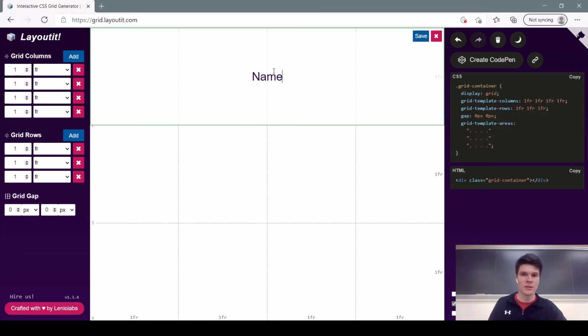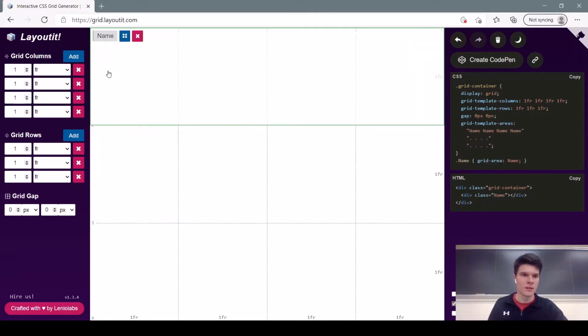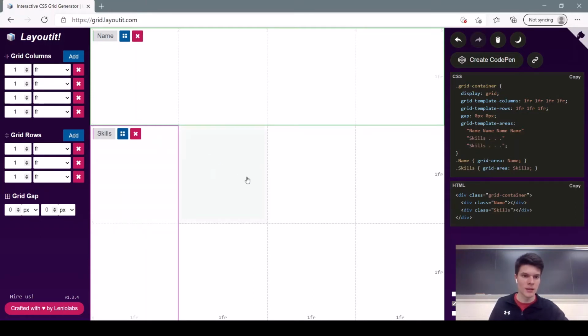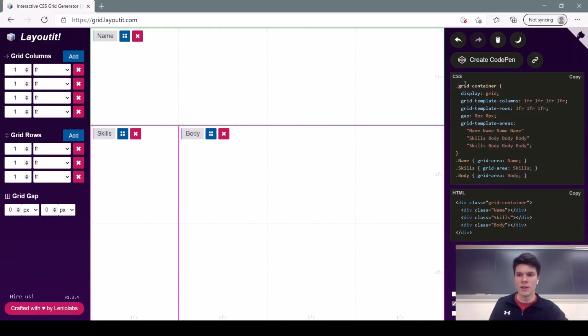name, and skills on the side, so I'll click and drag a couple boxes. Name that skills, okay, and then the rest I'll name body. Save. And we can see over on the right side here that it's updating our HTML and CSS as we